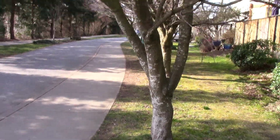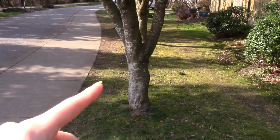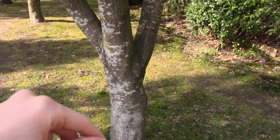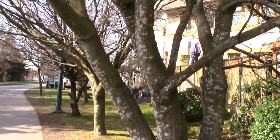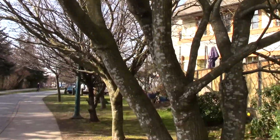So we're going to have a look today at this row of trees. You can see they sort of have multiple stems. Sometimes they'll even branch out right from the base. So what we're looking at here is a Japanese maple. And this particular one might be bigger than you think they get, but they do get quite large as they